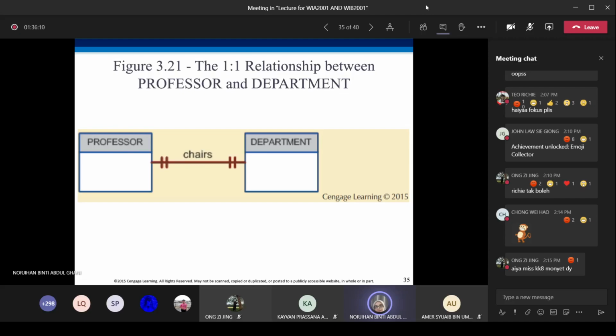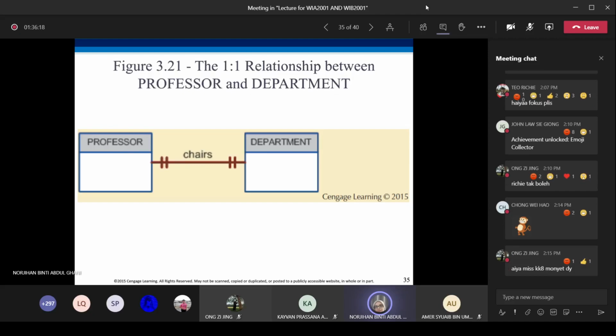Meaning that one HOD, one lecturer, can manage one department, and one department is managed by one lecturer. So that's a one-to-one relationship.